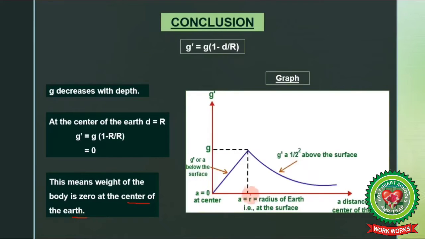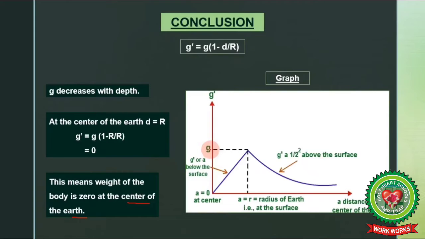Here you can see x-axis and y-axis. X-axis represents distance from the center of the Earth, whereas y-axis represents acceleration due to gravity. This distance is shown by letter A. This point A is equal to r. It means that this is the position at the surface of the Earth, right? At the surface of Earth, where distance is r, acceleration due to gravity is g, which is equivalent to 9.8